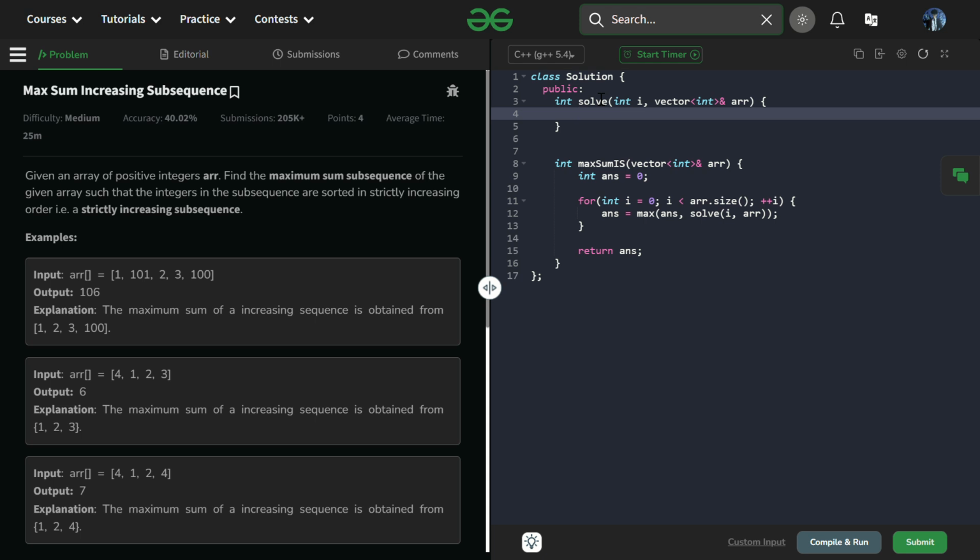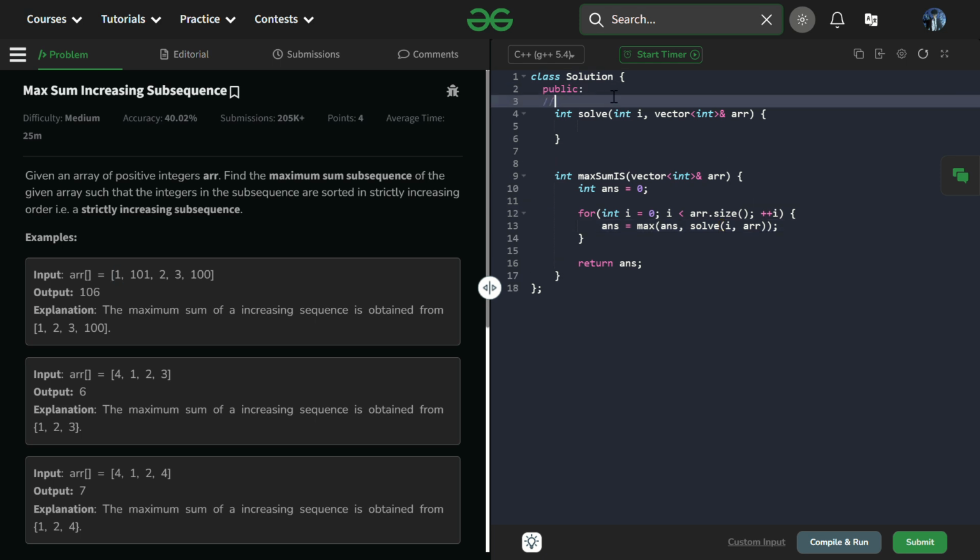So in this solve function, or in this recursive function, we have passed an index and the vector itself, so that we know that this one is captured. Now we have to get the subsequence including this one, right? So recursion of,